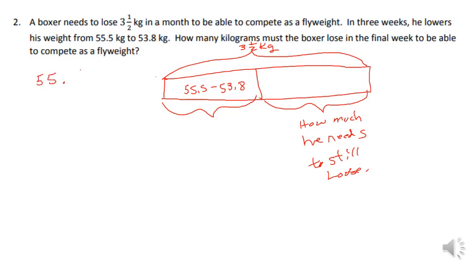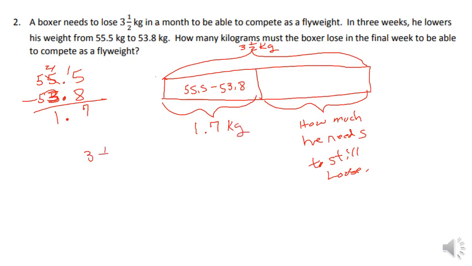So let's go back and let's subtract 55.5 minus 53.8. We're going to use our decimal place to line it up. Subtract them. We cannot take 8 from 5, so we're going to regroup. 5 becomes 4. 15 minus 8 is 7. 4 minus 3 is 1. So now we know this is